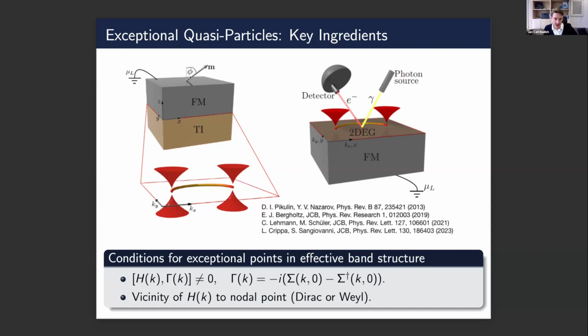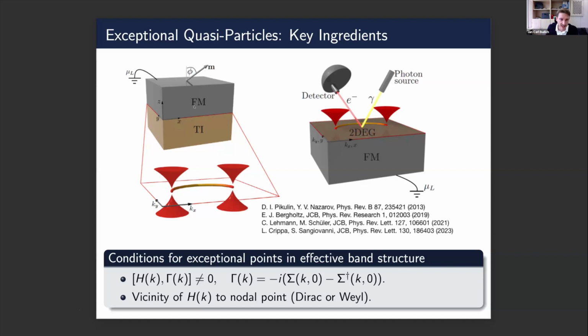And you can see here one example that I will elaborate a bit more on later. So here you have this three-dimensional topological insulator, which has these chiral Weyl fermions as surface states. So this is my ingredient number 2 here. And then we have this ferromagnetic lead on top, which is coupled in a dissipative fashion to the system. And the non-commuting structure here is very intuitive. So the ferromagnet has a fixed spin quantization axis that is preferred here, whereas the surface states have this spin-momentum locking texture characteristic of topological insulator surface states. So they are incompatible and non-commuting. This can lead to interesting effects.